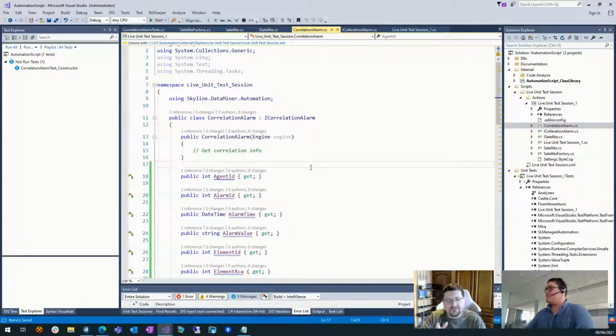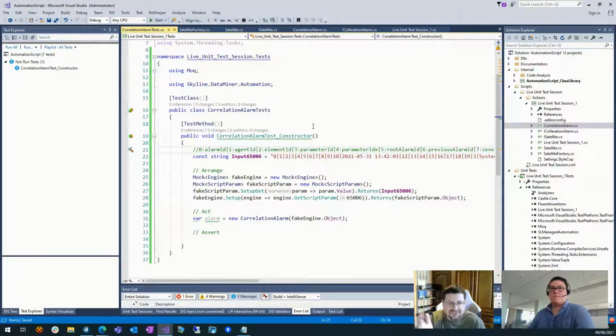This is kind of still part of the design aspect. So you can see that there are some core things you always do: designing, testing, logic. But in practice, you kind of go back and forth a little bit between them. So we've now added all the properties. We haven't written actual logic, but now we can assert.